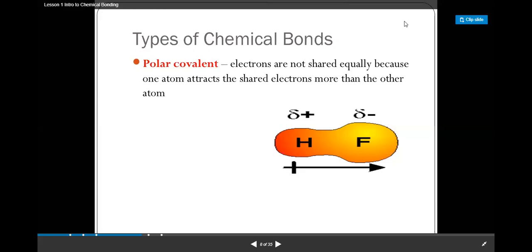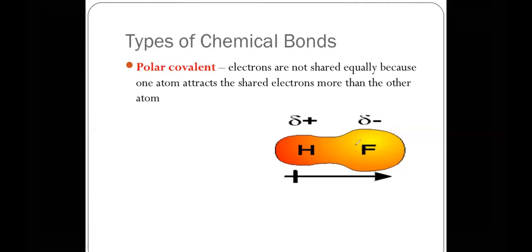It is pointing towards fluorine, which is the more electronegative atom. So this arrow mark shows that the electrons are moving from hydrogen towards the fluorine. So it means that fluorine is pulling the electron from the hydrogen. So that is what happens here.